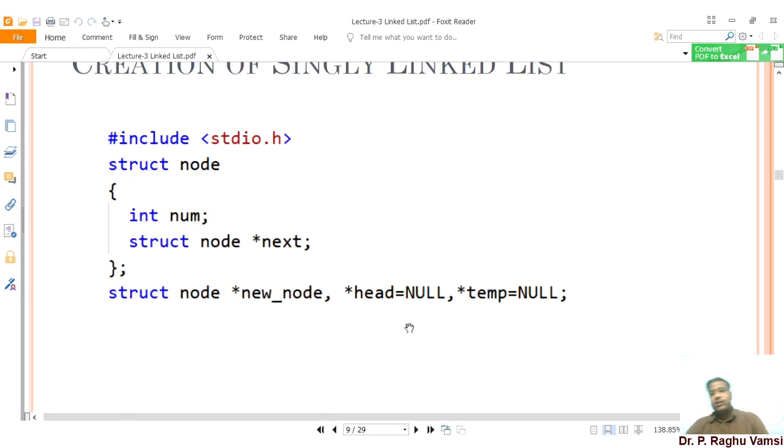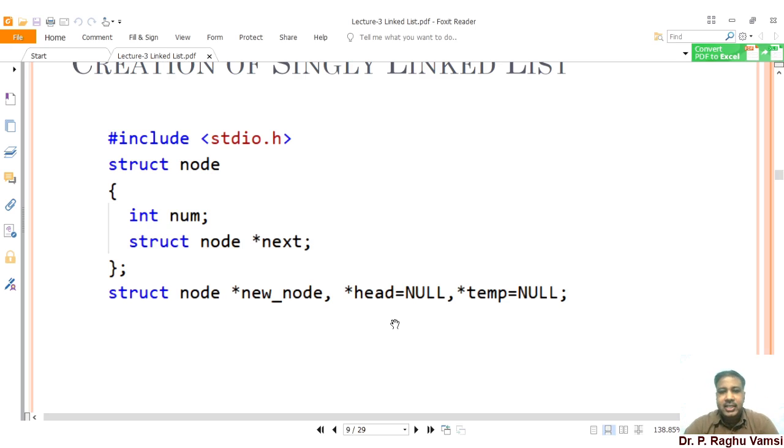We have already discussed in the last lecture that the single linked list will start with a node called the head node. The head node is initially set to null. With reference to head, either insertion or deletion will be done. If the list is empty, that means if no node is available, then whatever starting node you create will be the head node.